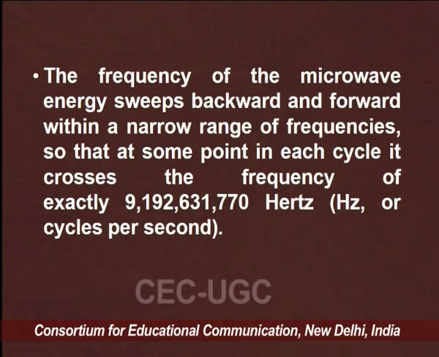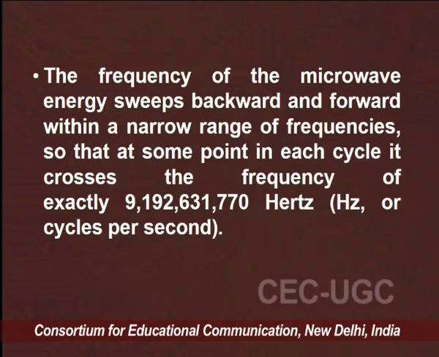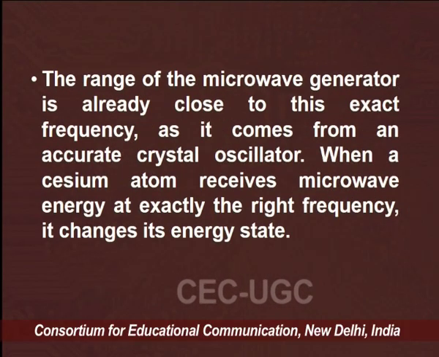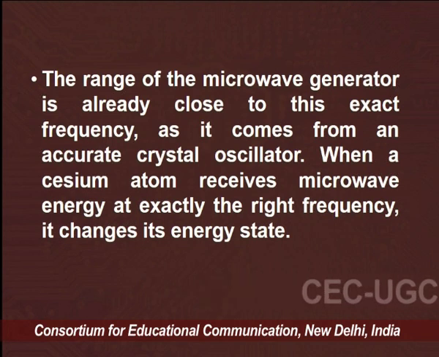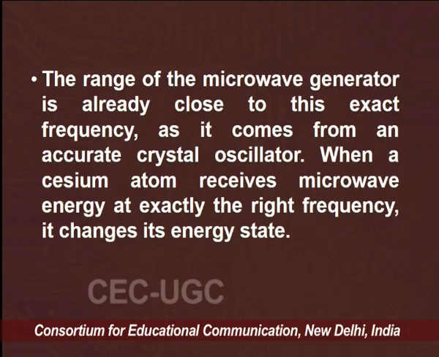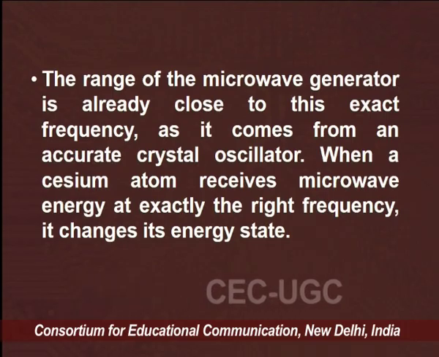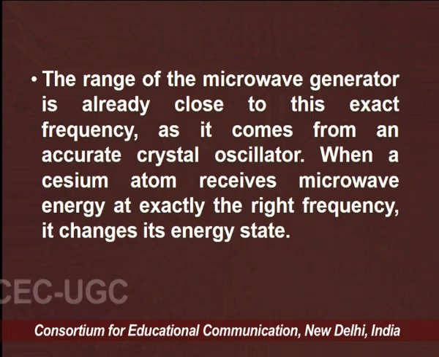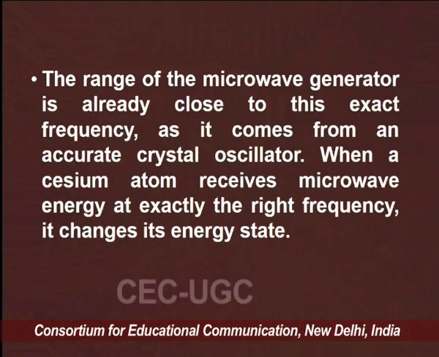9,192,631,770 Hertz, or we can say cycles per second. So the atomic clock's unit is the cycle per second or the Hertz. So the frequency of the microwave energy can be measured. The range of the microwave generator is already close to this exact frequency, as it comes from an accurate crystal oscillation. When the cesium atom receives the microwave energy at exactly the right frequency, it changes its energy